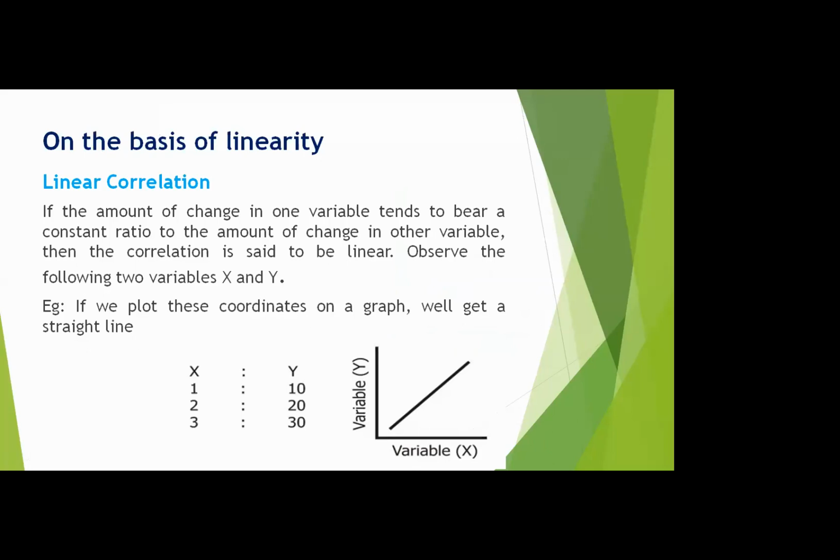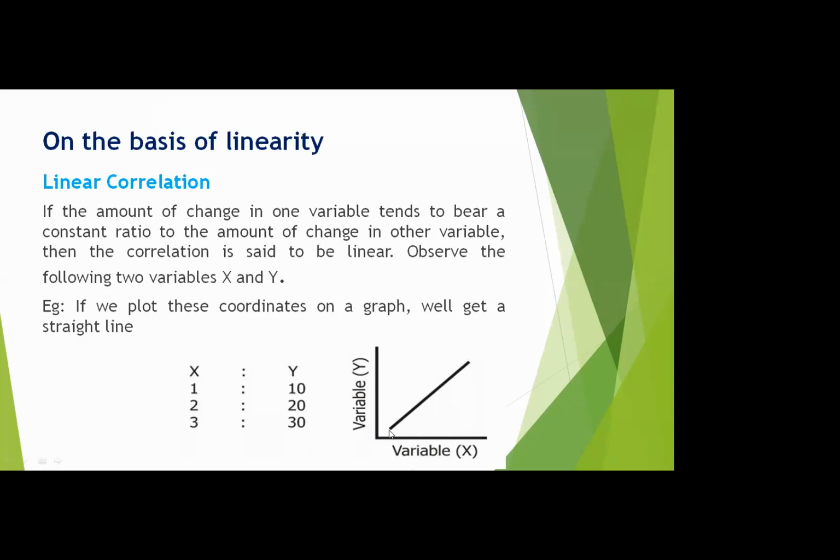Here we have an example of two variables. We have values of x and y: x has values 1, 2, 3 and y has values 10, 20 and 30. So a 1 unit change in x makes a corresponding 10 unit change in y. From 1 to 2, y becomes 10 to 20. And from 2 to 3, again a 1 unit change occurs in x, and here also another 10 unit change occurs in y. So each unit change of one variable makes a constant amount of change in the other variable. While we plot it in a graph like this.